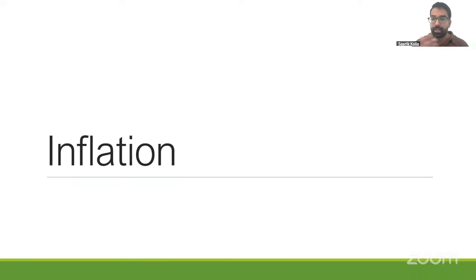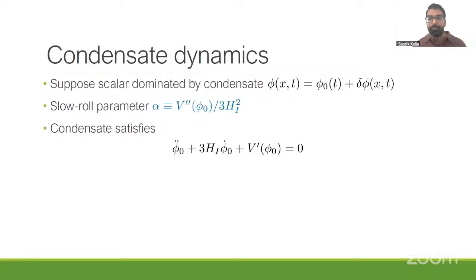Okay, so let's start off figuring out what happens during inflation. I want to suppose that the scalar is going to be mostly homogeneous, so it consists of a condensate, the average value, along with some small perturbations. This is a similar type of scenario that you would consider for the inflaton. And it's actually a well-motivated scenario because, of course, even if you start off with a fairly inhomogeneous configuration for the scalar field, inflation will kind of zoom you in on one patch, which is homogeneous. And so you'll fairly quickly get into this scenario where you have mostly a flat homogeneous configuration.